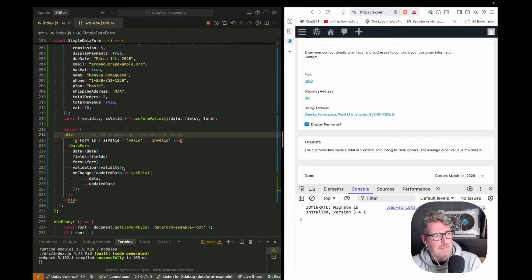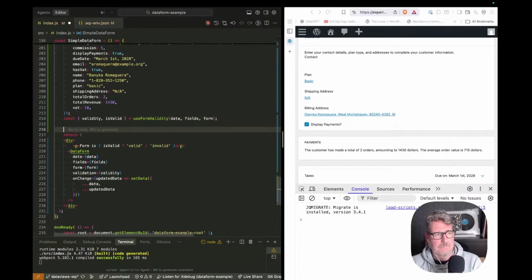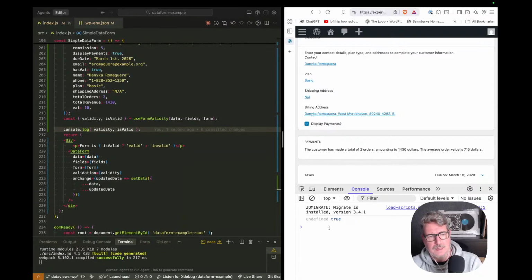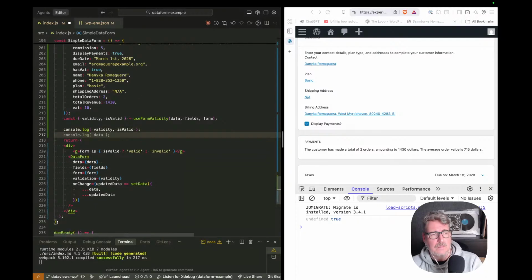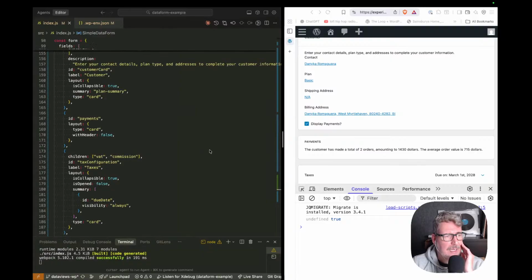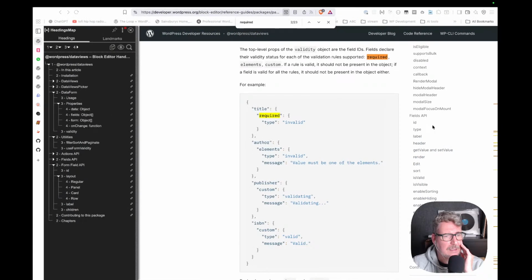Let me see. Validation. Console log, undefined true. Data, fields, and form. I guess that somehow in the fields or in the form, I can, let me see,